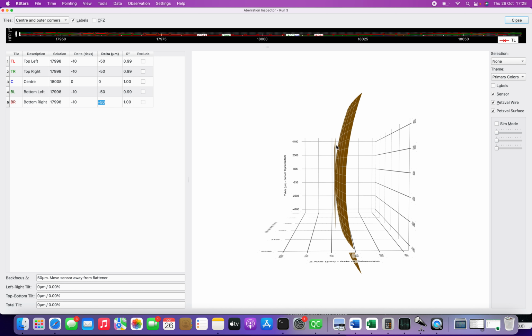what this shows is the analogous situation where we have the curvature of the Petzval surface the other way, and I've gone from being 50 microns of back focus delta one side one way to too far the other way. So that's back focus. If I wanted to put some tilt in